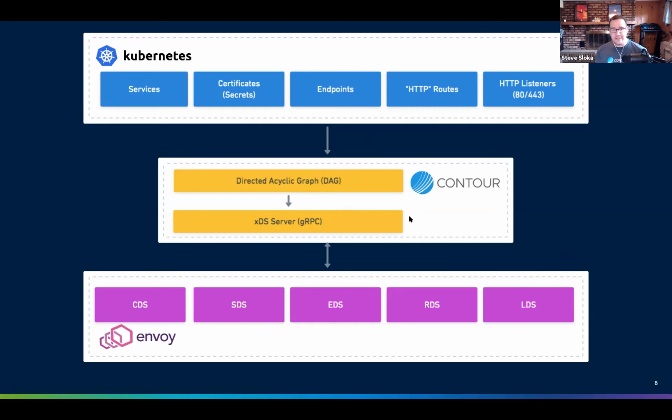There's a thing called ADS. What that does is it proxies all these different XDS endpoints over one gRPC connection. So then you can have, basically, they're one-to-one. Every instance of Envoy has one gRPC connection back to Contour. And that can get expensive the way it is today, right? So if you had 100 Envoys, you're going to have 500 gRPC connections back to various numbers of Contour in